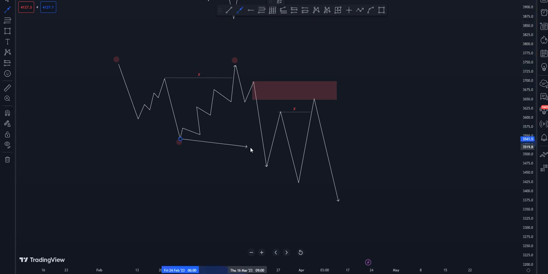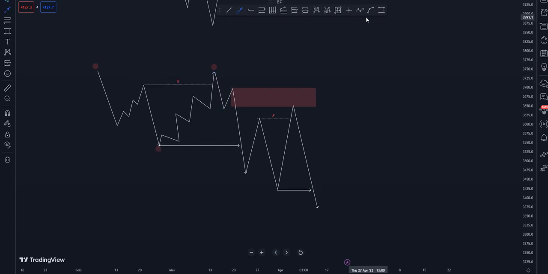This is a confirmed break of structure. This one is also a confirmed break of structure, because why? It took out the inducement. That highest level that took out the inducement, when breaking the low, then this low is confirmed, guys. It's confirmed. You don't just say, okay, this is a break of structure,